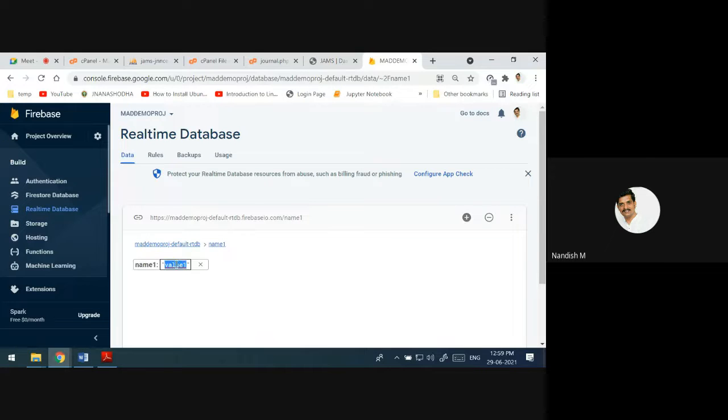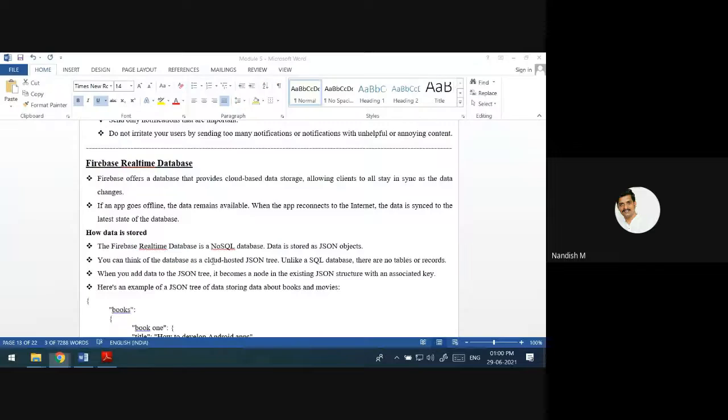Just the value 1 will be seen in your app. Once your app gets connected, the value 1 will be changed to the value 2. That is the meaning of sync. Data will be synced to the latest state of the database.